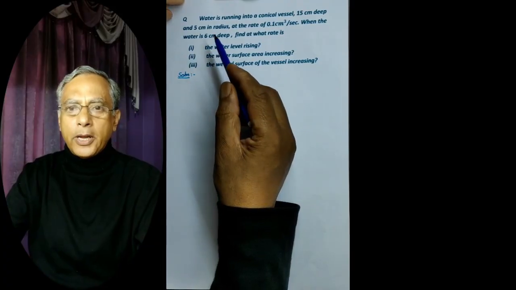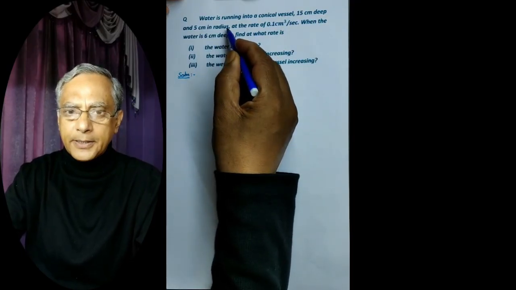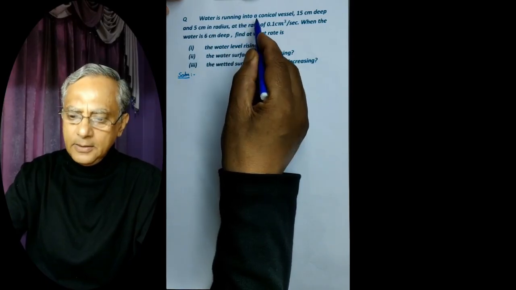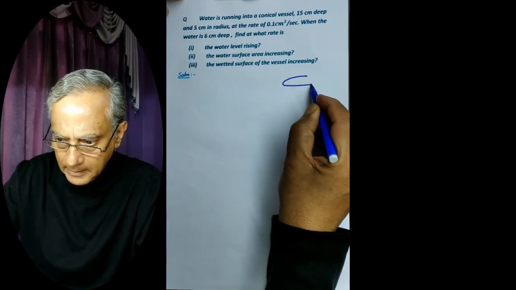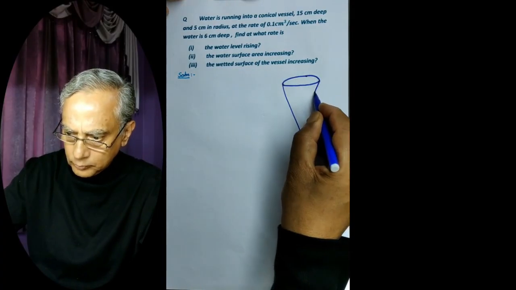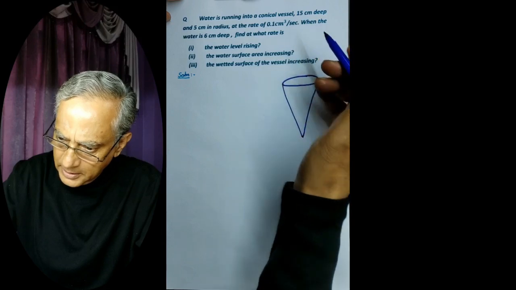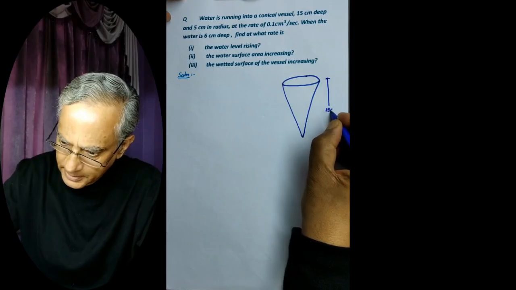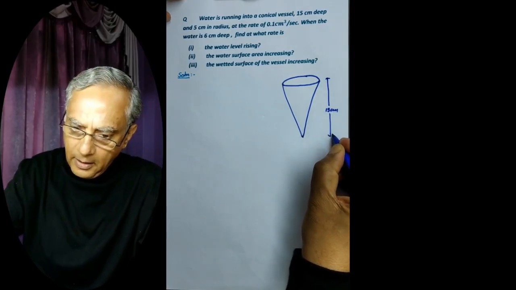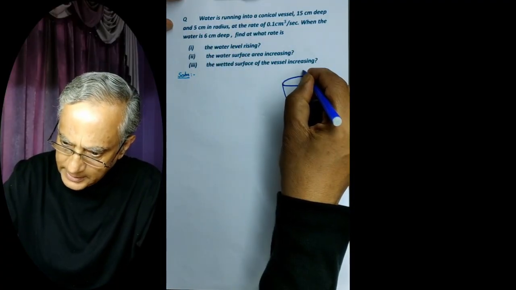The next problem I am going to take up is: water is running into a conical vessel 15 centimeters deep and 5 centimeters in radius. Water is running into a conical vessel. So let this be the conical vessel. Water is running into a conical vessel 15 centimeters deep. Height of this conical vessel is 15 centimeters and 5 centimeters in radius. So radius of this conical vessel is